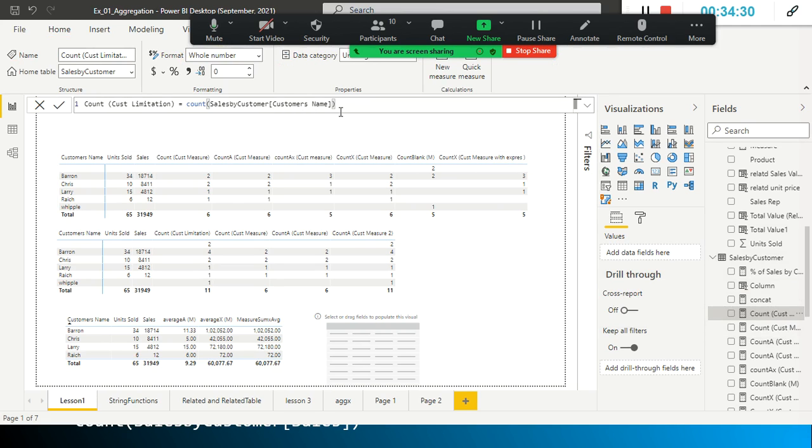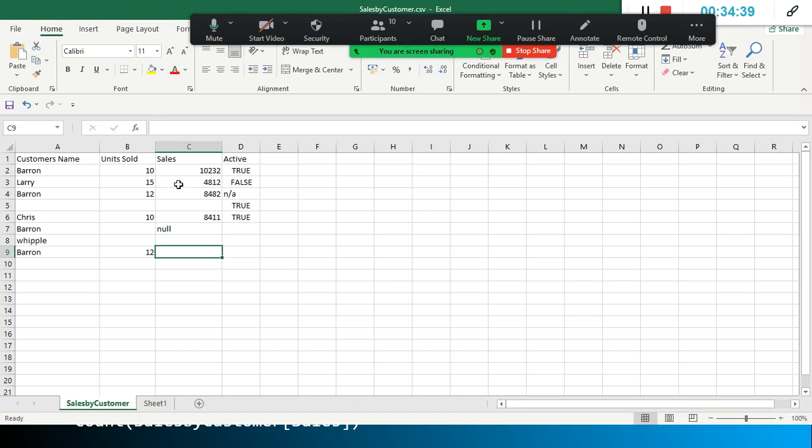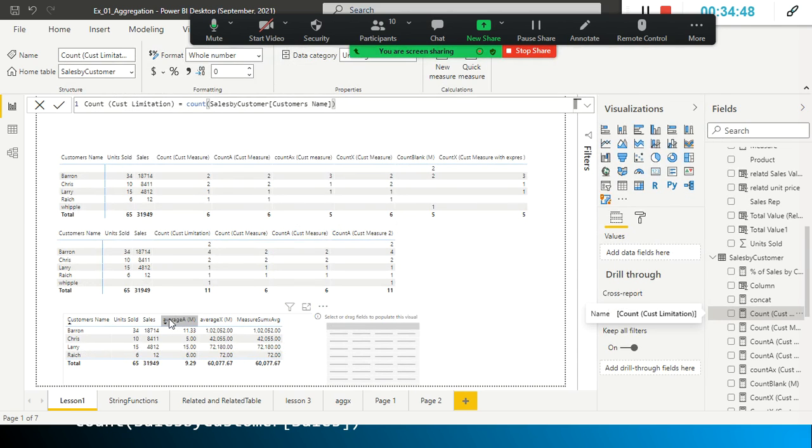When I used COUNT on the customer's name column, Baron is 4. When you look at the customer's name, how many times is Baron repeated? 4 times. It is correct.